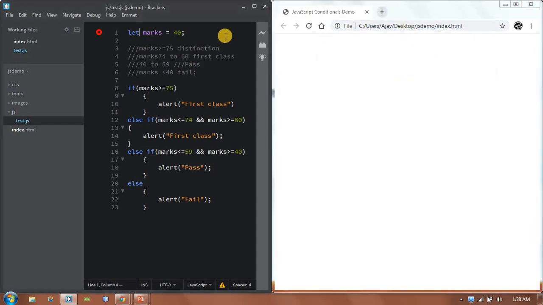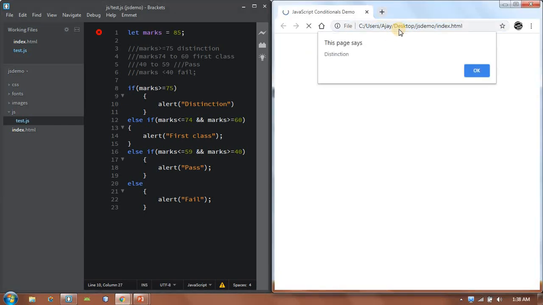Let's give the marks as 85. Now 85 is greater than 75, so it should show distinction, so I need to modify here as distinction. So if marks are greater than 75, it will say distinction.